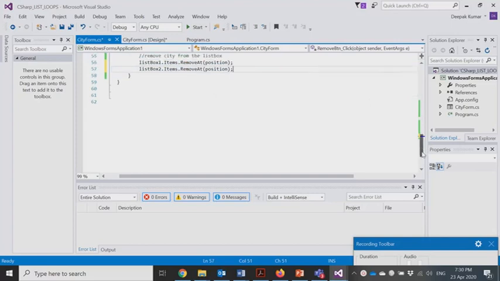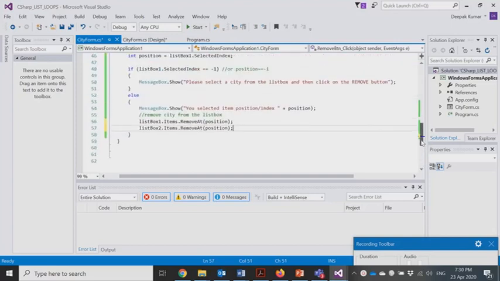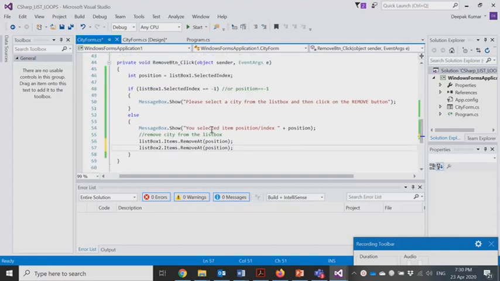Now we'll demonstrate that, but before we go that far, let's also do one more thing.